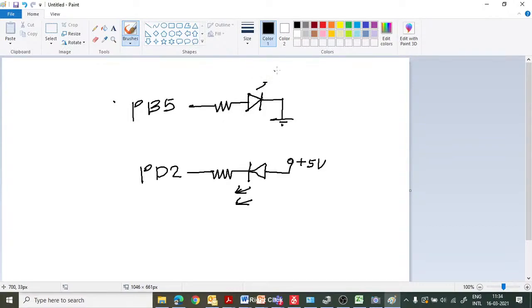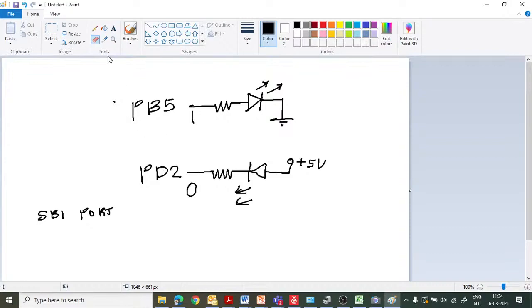board. So as you can see, now the difference here, right? What is the difference? In this case, the LED will glow if logic 1 is applied here, and in this case the LED will glow if logic 0 is applied here, right? So we are initially saying SBI port C, sorry, not port C, let me remove it. We have taken port B, right?